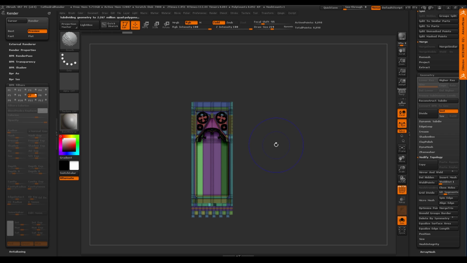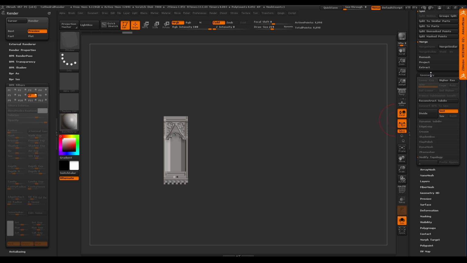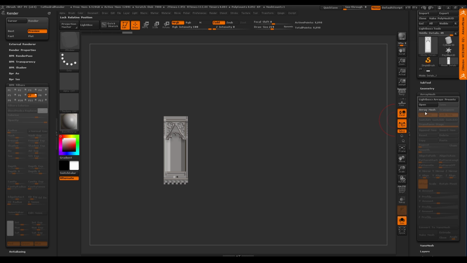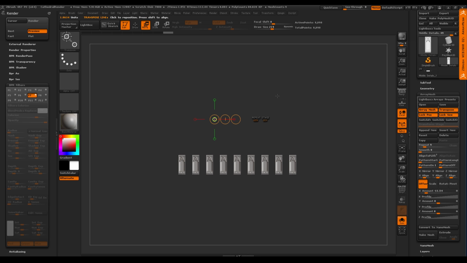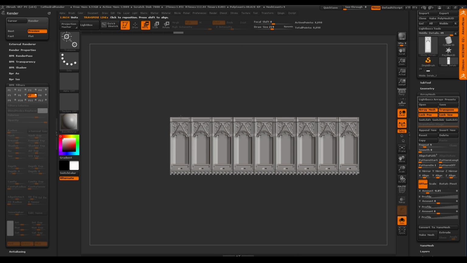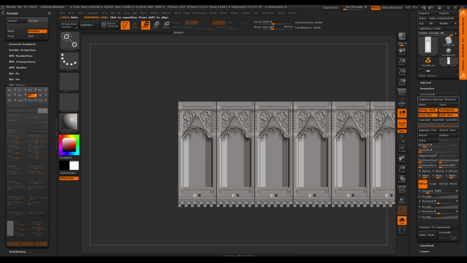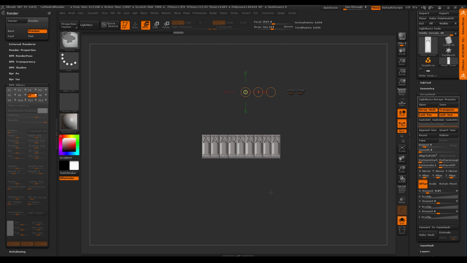But this is the beauty of array mesh. As I was building it, I started with just a cube. When I had just the cube, I turned on array, and this is the time I did turn on the transpose option right away. I said I want it to array this way, and how many do I want? I found the distance first, so I had it going across my cathedral. Then I started building all of this and watched it populate along the whole thing. I can pull back and look at it and see if that's what I wanted.